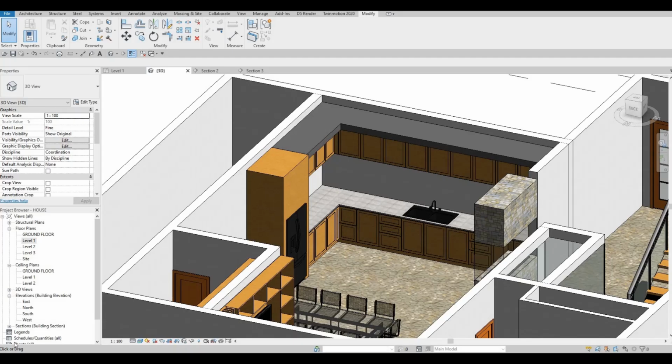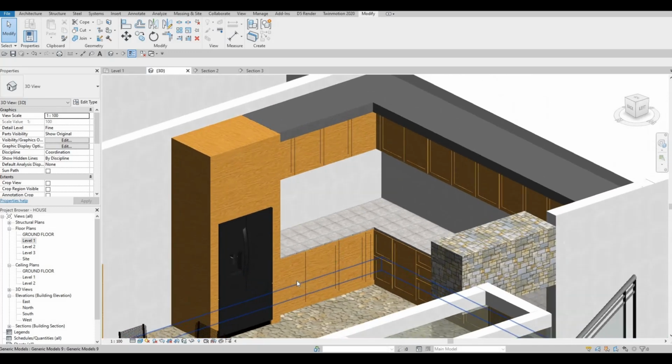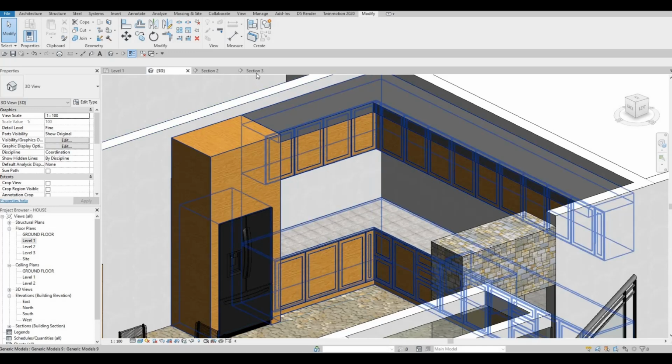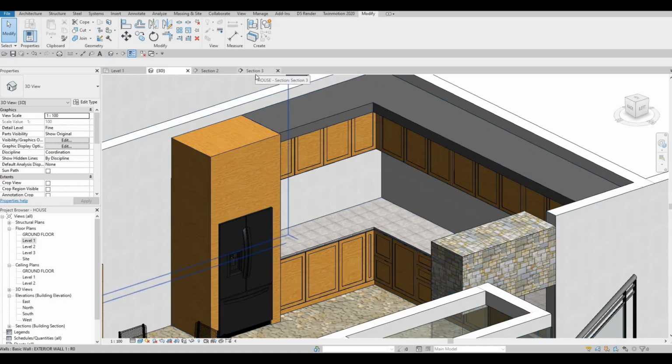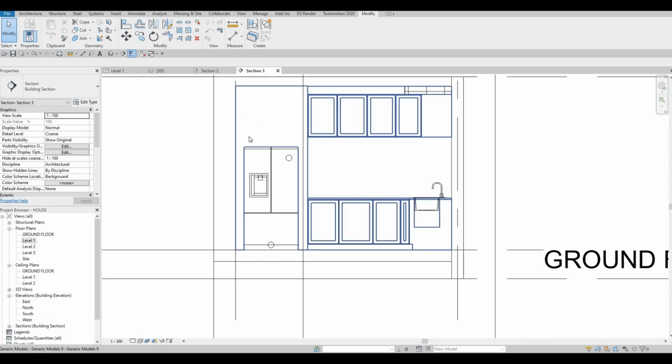So in the last video, we were able to add all the shaker cabinet doors. And as you can see, we created it with an extrusion and then we added void extrusion after that to give that effect. Now we're going to continue working on this. We need to go back to section 3 and then we need to finish up adding all of this right here into our refrigeration